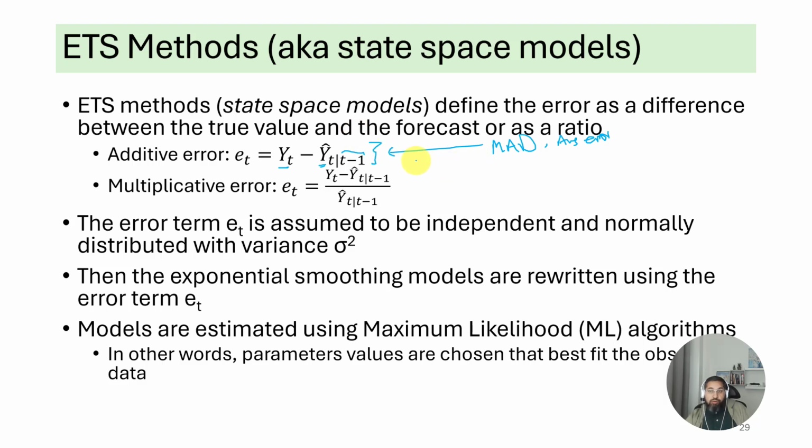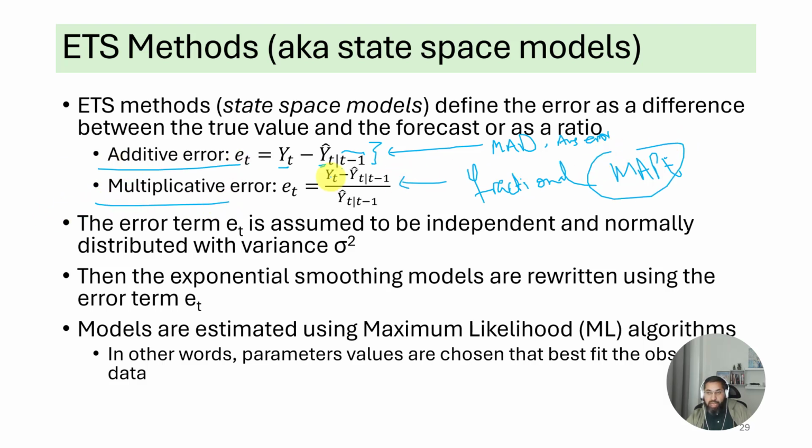Okay, but for MAPE, we use fractional error. Okay, error was 20%. I was 20% off. I was 10% off. I was 30% off the true value. So these fractional errors are what you use for MAPE. So there's two ways to define errors in forecasting. Either as a fraction, I was off by 10%, 20%, or as an absolute value, I was off by 500 units, 50 units, minus 50, plus 30, right? So you can have the actual value minus forecast value, or you could have a fraction. The actual value difference is called additive error, and the fraction value is called multiplicative error. And if you like MAPE, you might like this, and if you like MAD, you might like this. Okay, so we have a choice.